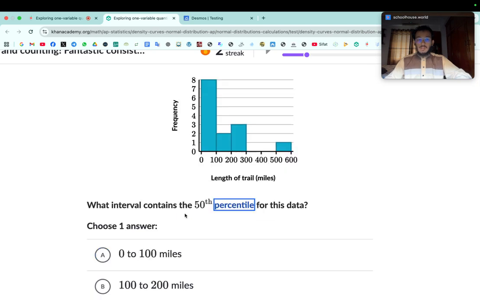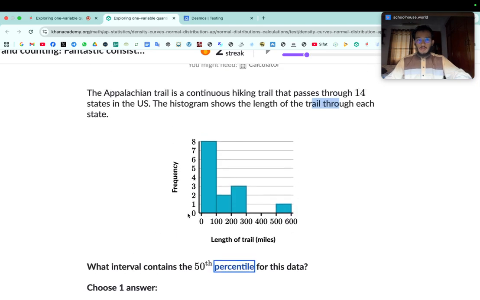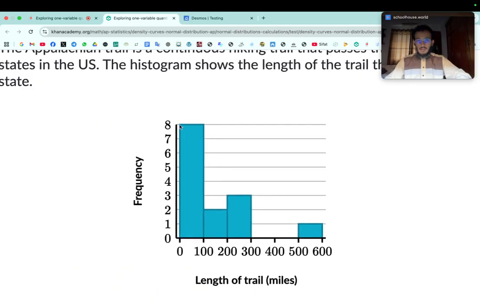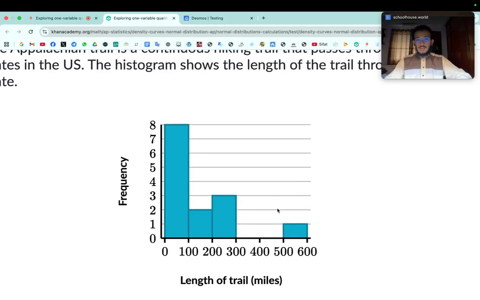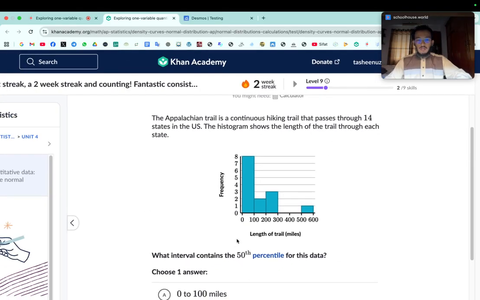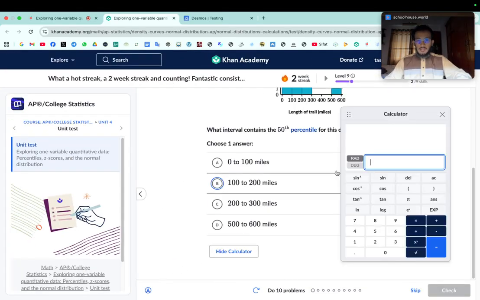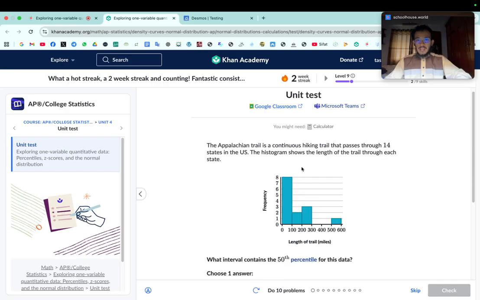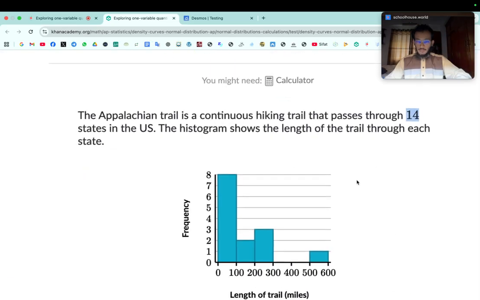Okay. So I have to see how many. What is the total number of data here? So they have already given, which is 14, and we can also verify that by adding all the peaks. So 8 plus 2 is 10, plus 3 is 13, plus 1 is 14. So 50th percentile means 50% of 14, which means